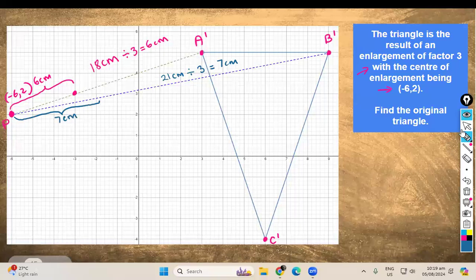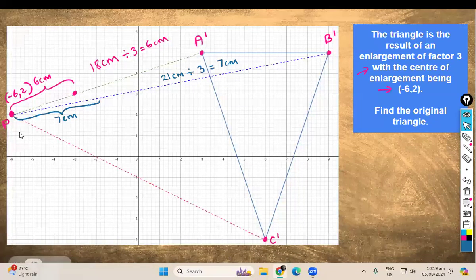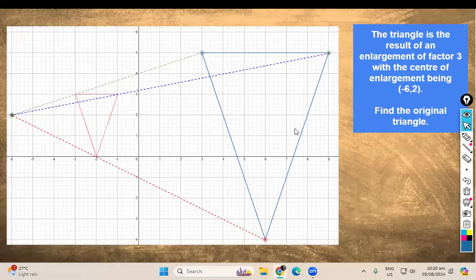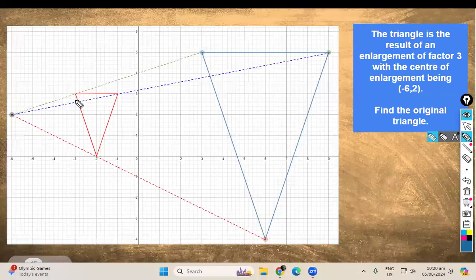We're going to connect C prime to where? P, that red dashed line. We're going to measure it on our rulers, divide it by 3, and then measure it from point P and put a dot. And if you were to do that for all of them, right? The original triangle is this red triangle here, right? And the distance from here to here,